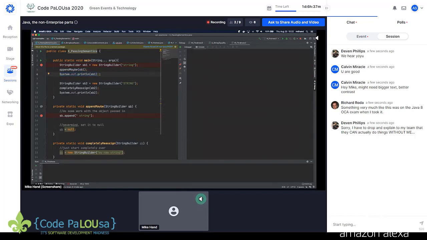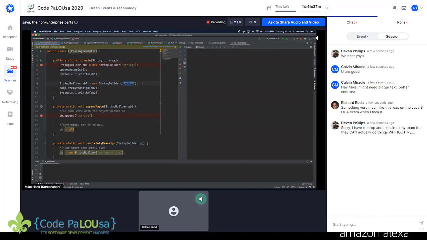String builder obviously has a very nice toString method, and so what do we expect? Maybe a null, maybe null. Probably not a null pointer exception because we're not referencing it, but maybe the value of null, or it could be string space string. Let's talk about string builder 2.